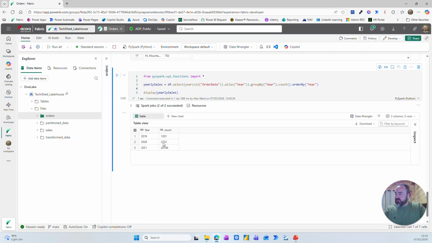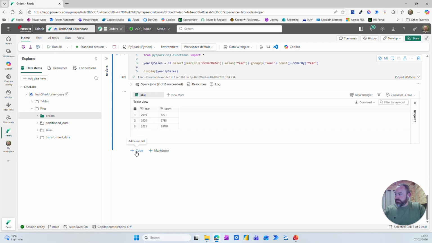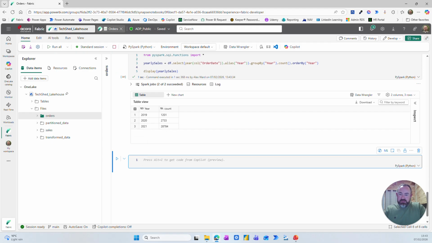You can see a count for each year. Now the next cell that we're going to run, we're going to use data frame methods and functions to transform the data. Right, so let's add this cell,